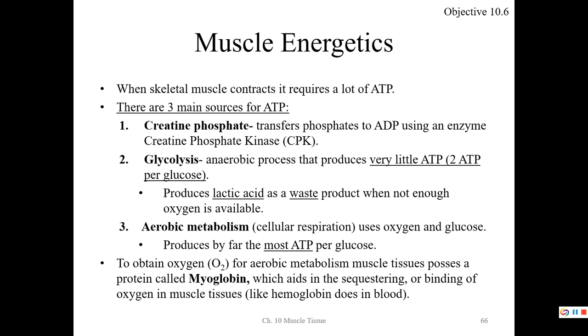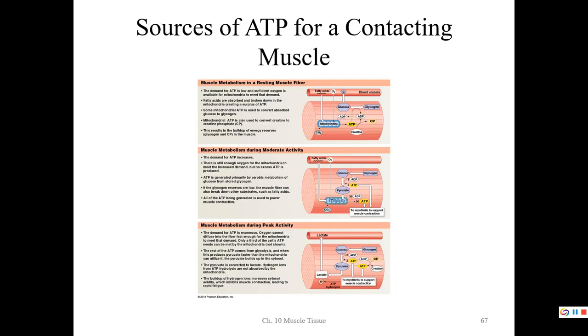Myoglobin, myo meaning muscle, globin. It is in the muscle. That is the red protein in muscle that makes muscle red. Myoglobin sequesters or binds oxygen for the muscle to supply oxygen to the mitochondria of the muscle to cause a muscle contraction. Okay. So the muscle's mitochondria